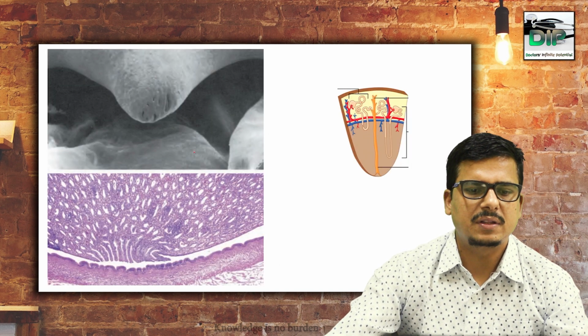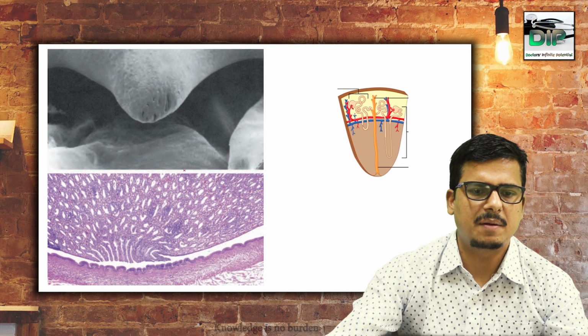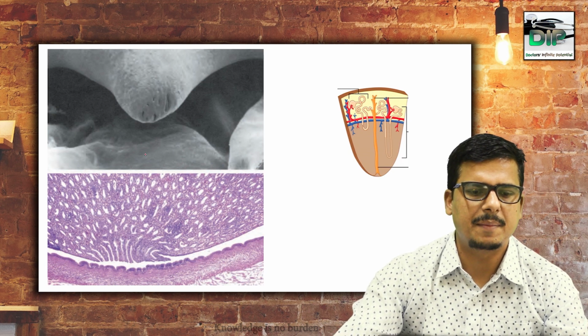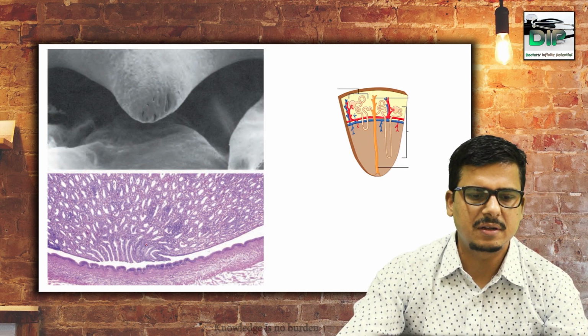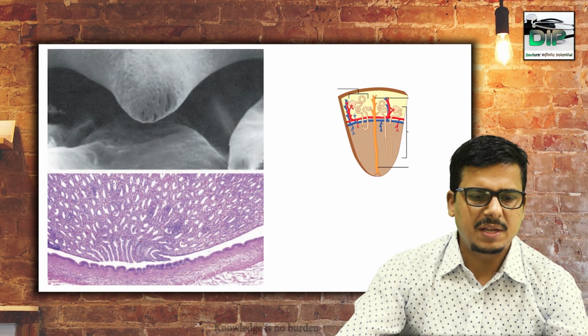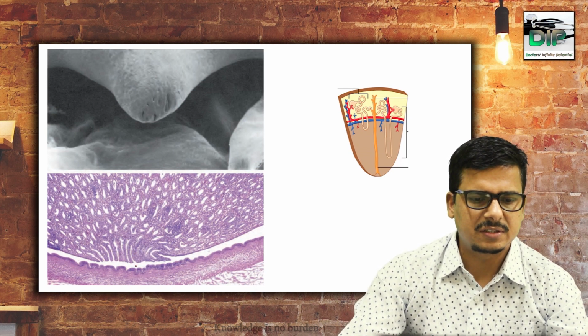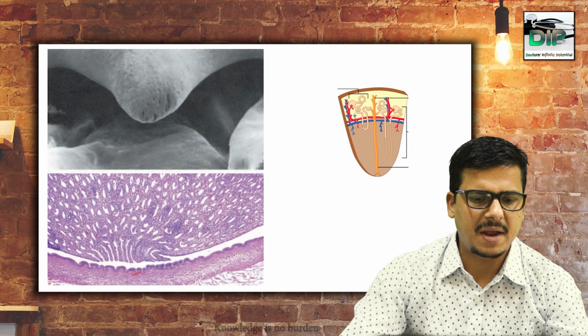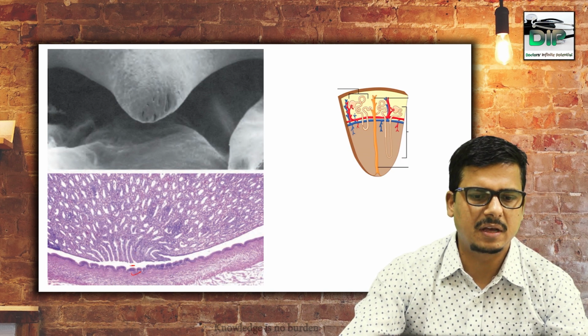This is the diagram showing the tip of the renal pyramid. Here you can see the tip of the renal pyramid, and this is the histological section. In the histological section of the tip of the renal pyramid, this region must be the minor calyces, and this is the region where the urine that is formed in the renal tubules is poured open.